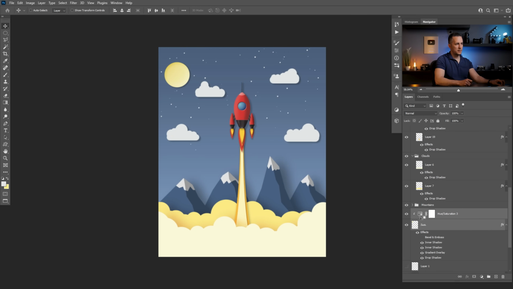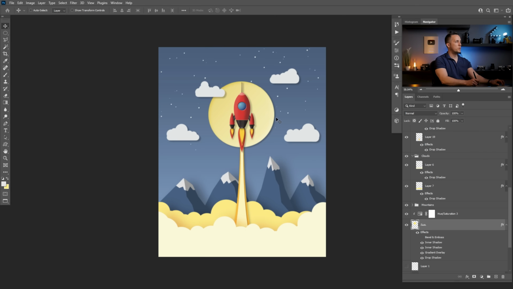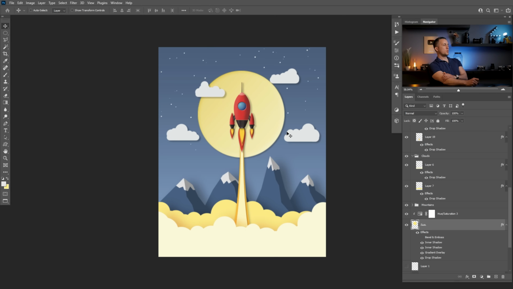And clip it to affect this. And now this is just an experiment. We can make the sun bigger. We can actually put the moon. Let's say that this is a moon. So we can put the moon right there, maybe even bigger. And we can draw some kind of crater on the moon. So we can draw that if we want, but